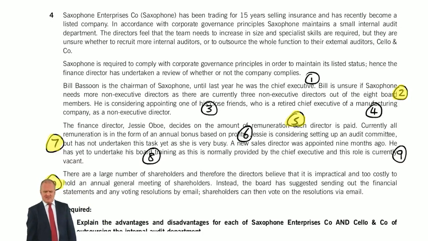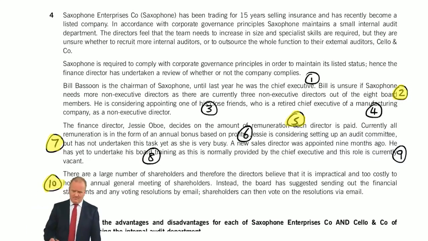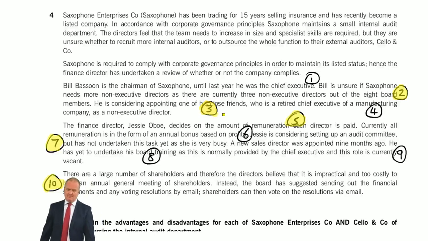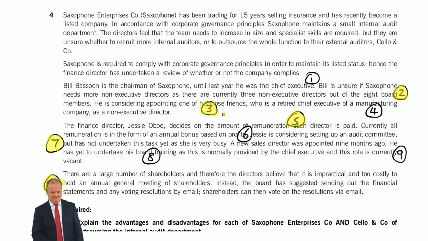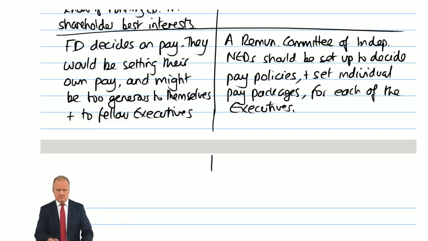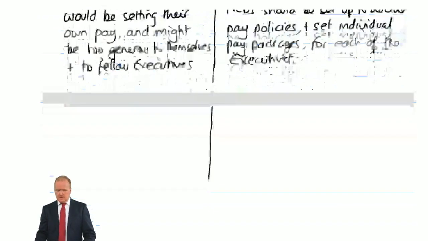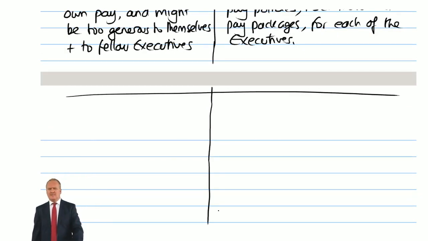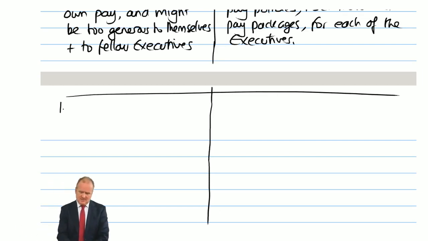One more that I think you should be capable of getting. I think I would probably go with this one here, number 3. The chairman is considering appointing one of his close friends to be a non-executive. Well, the whole point of non-executives is they're meant to be independent. So if the chairman appoints a friend as non-executive,